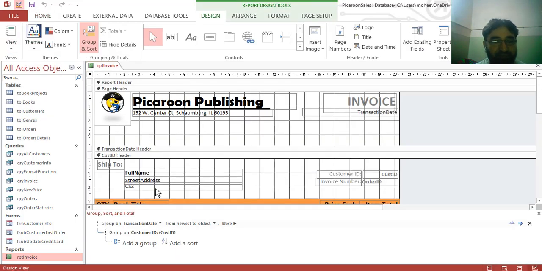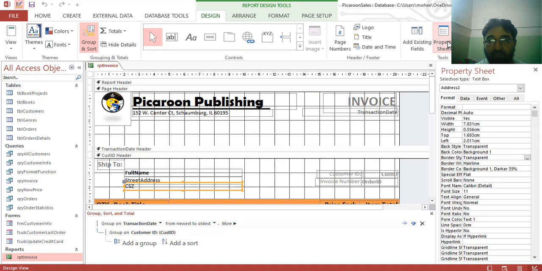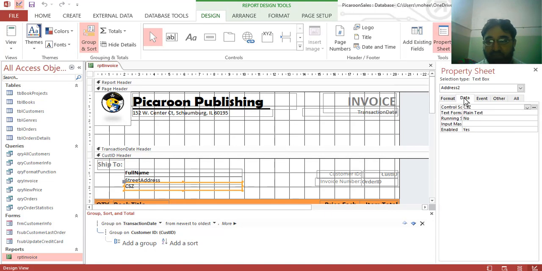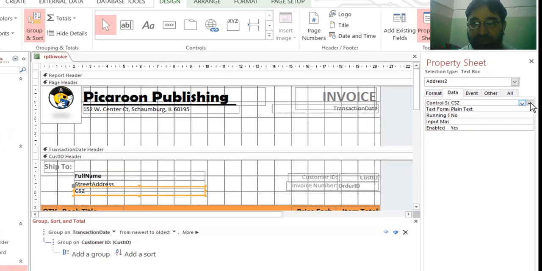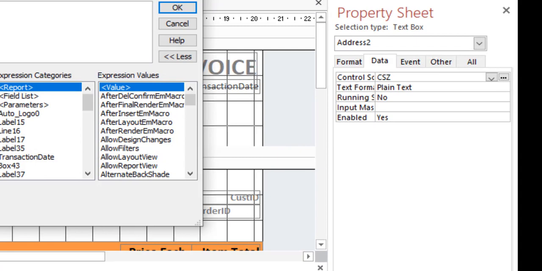Let's move to the design view, click in this CSZ field and open the property sheet, go to data, and in the control source, in the text field,